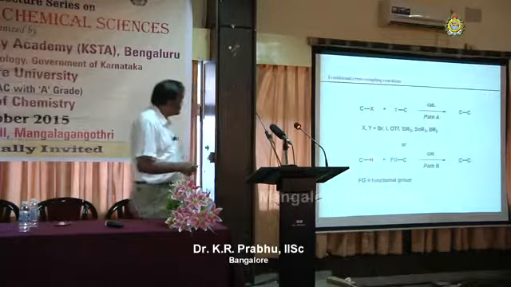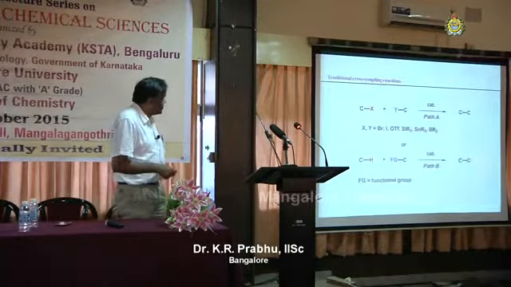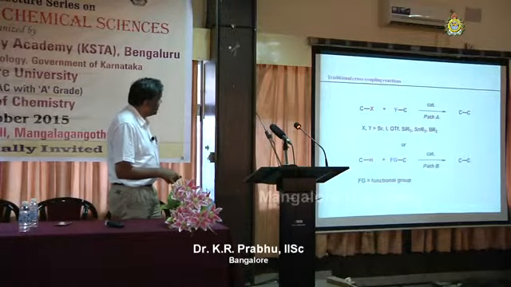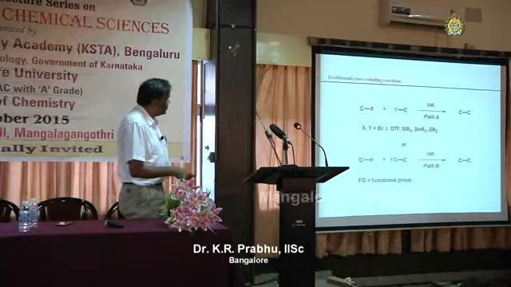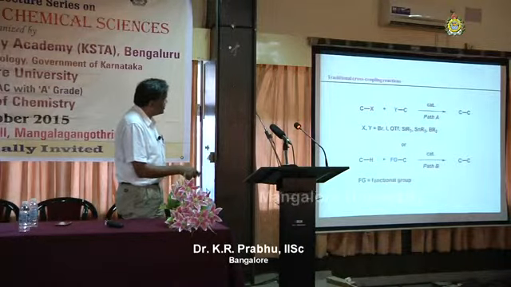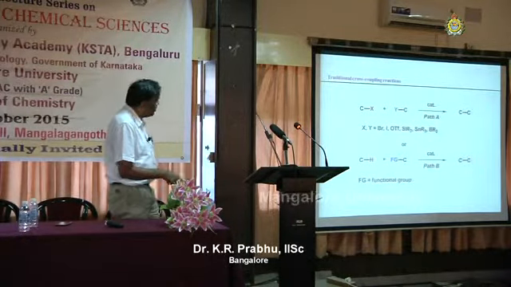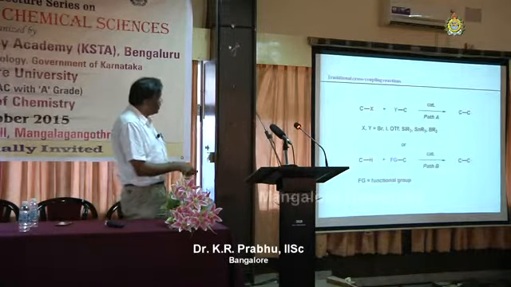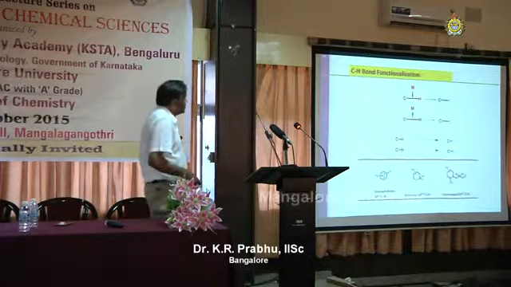So these are the traditional methods. For example, X or Y can be the corresponding halides or tosylates and so on and so forth, and you can use a catalyst, and some of the protocols can give carbon-carbon bonds. Even so, at least one of the partners needs a functional group to form the carbon-carbon bond.